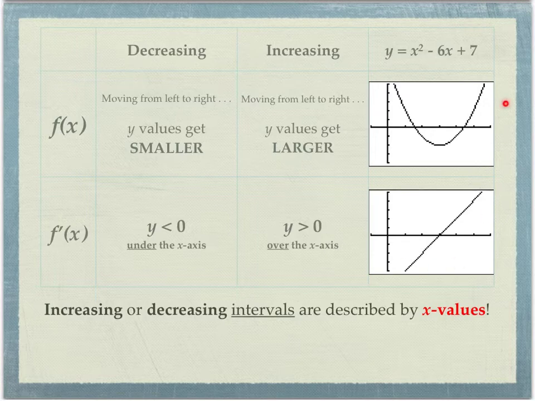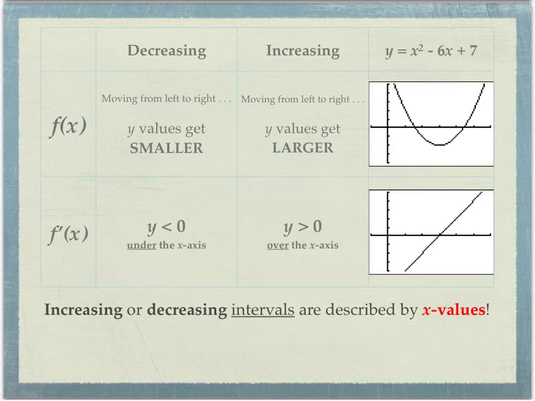Now, here's my specific example: x squared minus 6x plus 7. It's a parabola, of course. We can easily tell when it's decreasing and when it's increasing just by looking at the actual function, and we can see that the lowest point occurs when x is 3. Now, if I take the derivative of this,